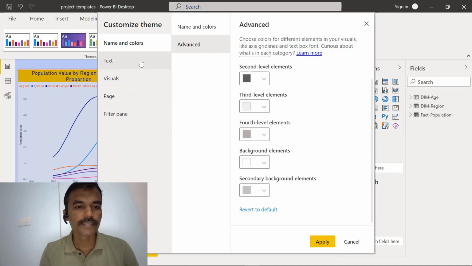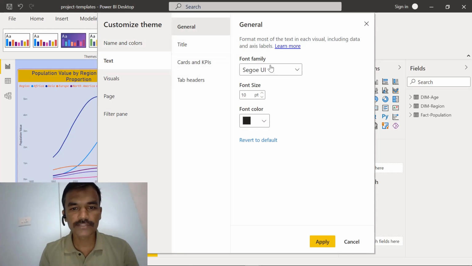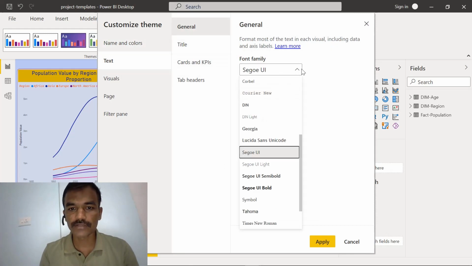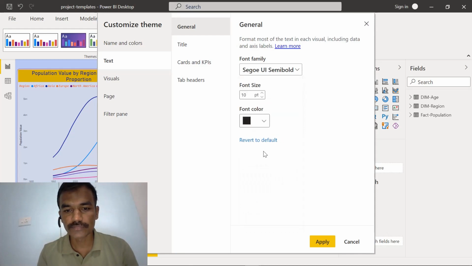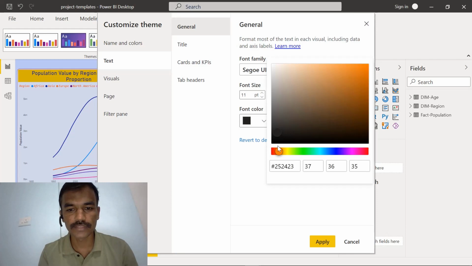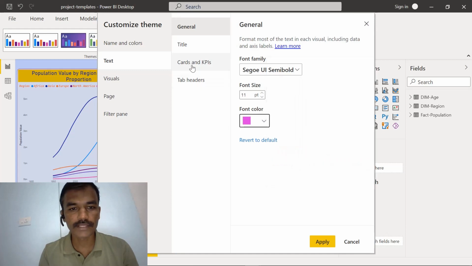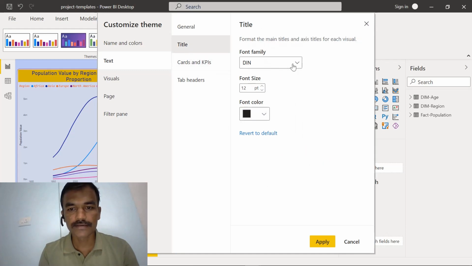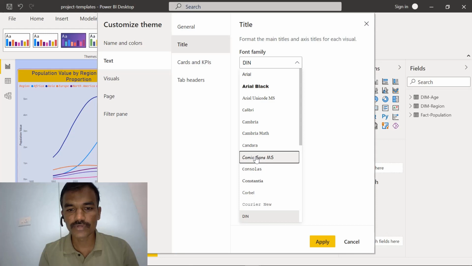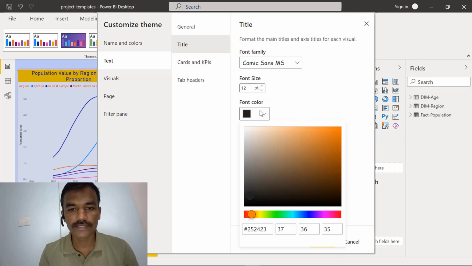We can go into text as well; text format we can specify here. If you want to specify this color for everything, and increase the font size, and select the color, we can do that. Then the title font as well, if you want to have this font we can select.